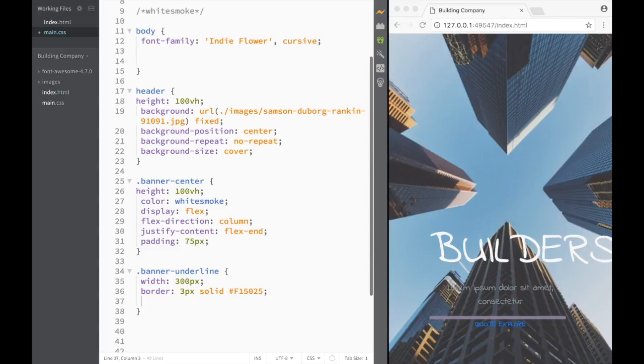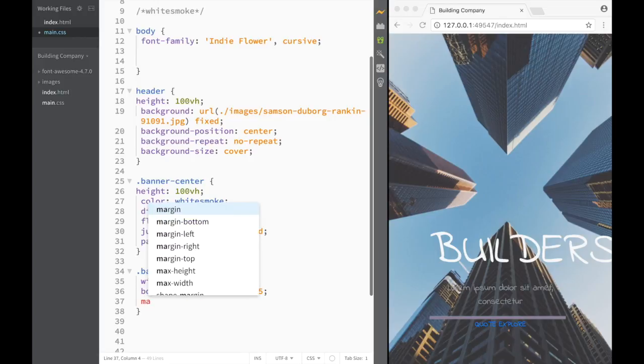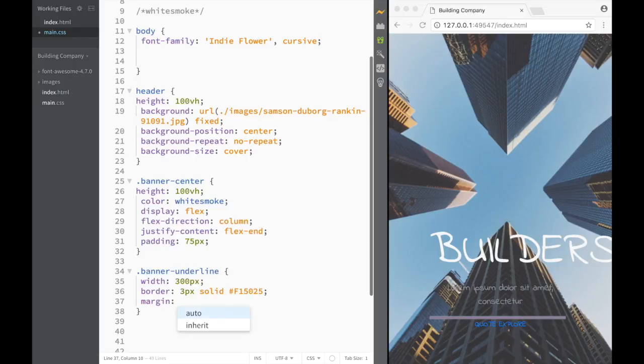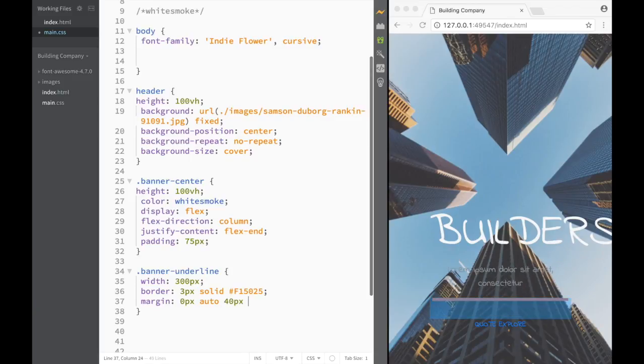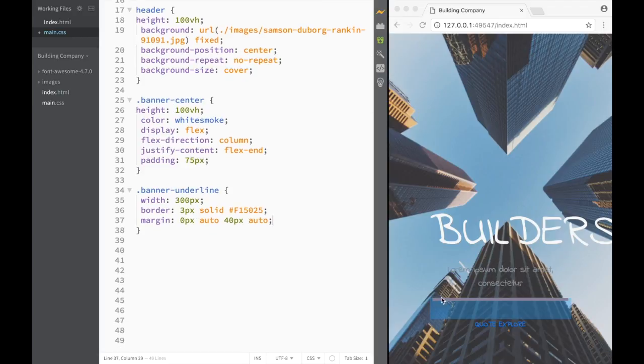Right, so now we have that, and now we need to place it exactly in the middle, and this is done by 0 pixels. Here is going to be auto. Then we're going to place, let's say, 40 pixels, and auto again. So we have the top one, the bottom padding, the margin, and auto on the sides. And the next thing that we want to do is the button holder